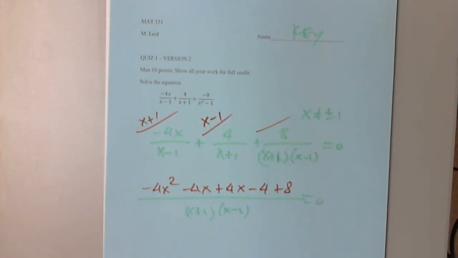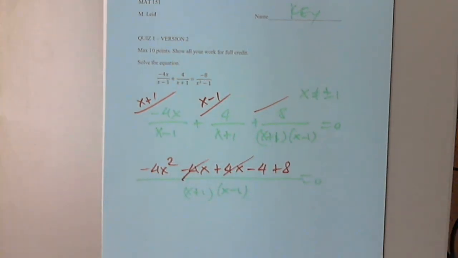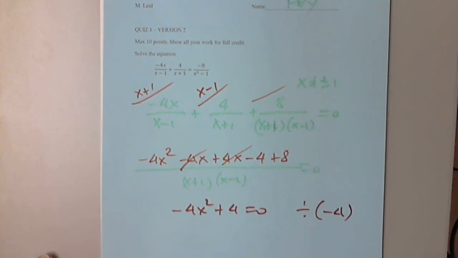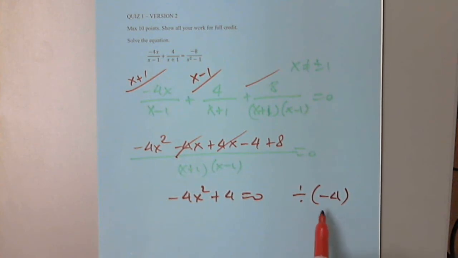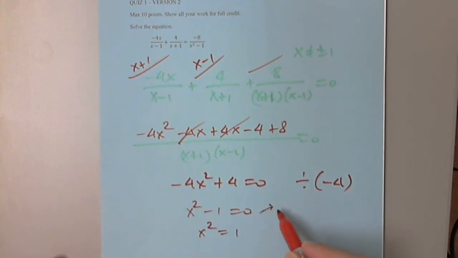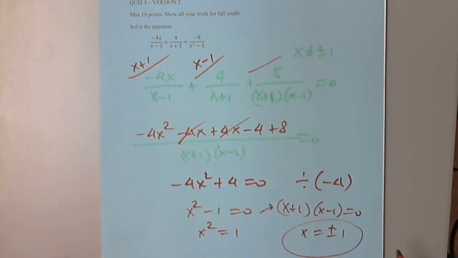We agree? Yes. Okay, then these two go away, and again, you can put over 1, or you can simply say a fraction is 0 only when the top is 0. So negative 4x squared and plus 4 equals 0. We always simplify the equation as much as possible, dividing both sides by negative 4. So x squared minus 1 equals 0, or x squared equals 1. Or from here, you can factor x plus 1, x minus 1, and we get x equals plus or minus 1. However,